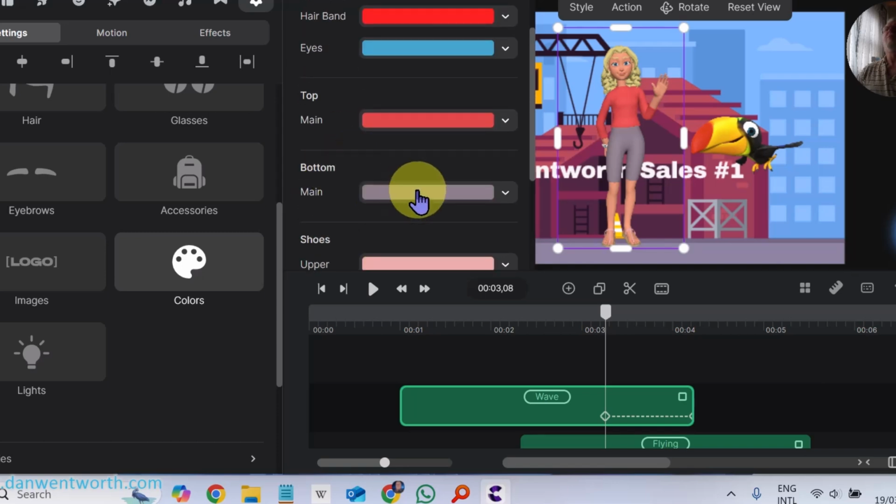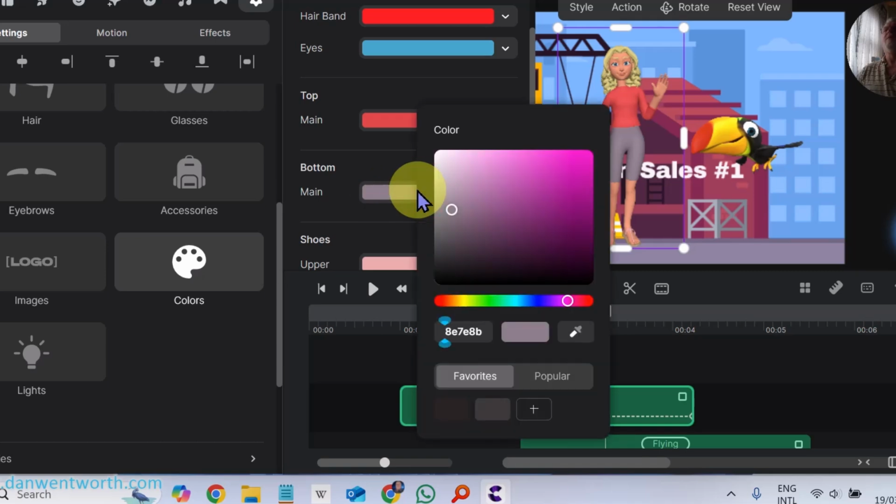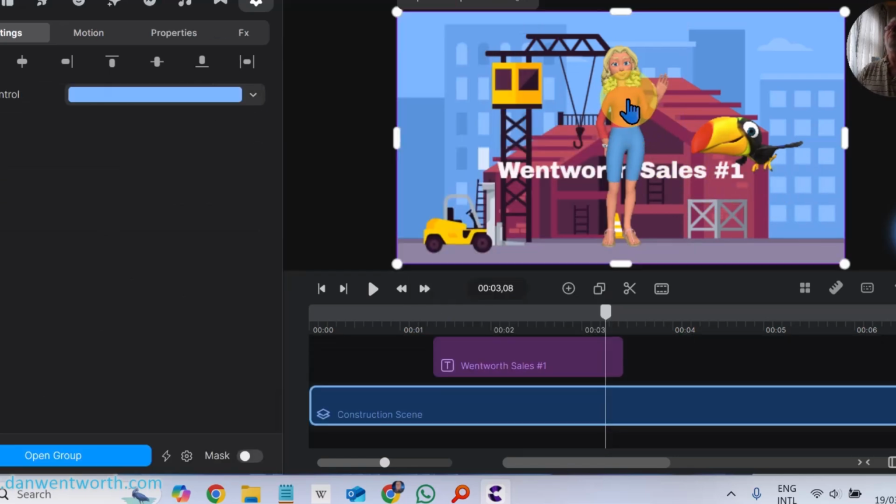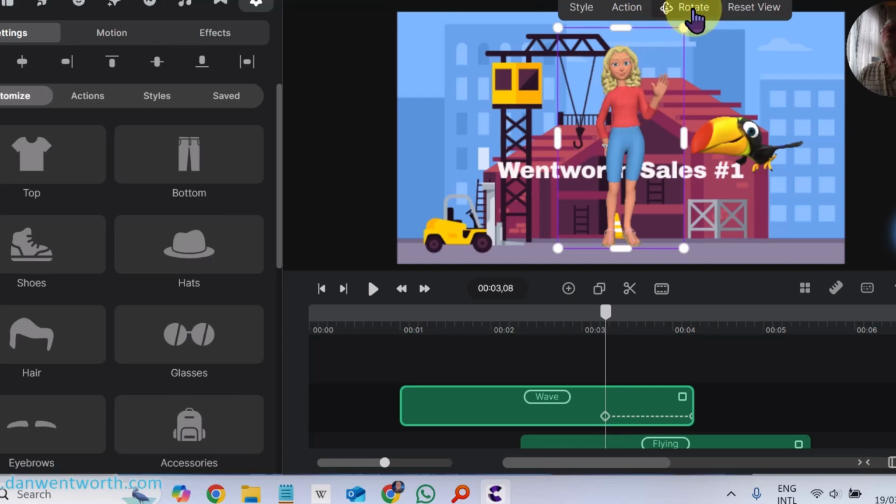The bottom, let's make it a different color. You've got the different colors that you can choose. Let's make this color blue. Let's go for a light blue. There we go. And while you're there, you can rotate her. You can just drag her, turn her around. She is 3D after all. So if you want to, let's just put her there,